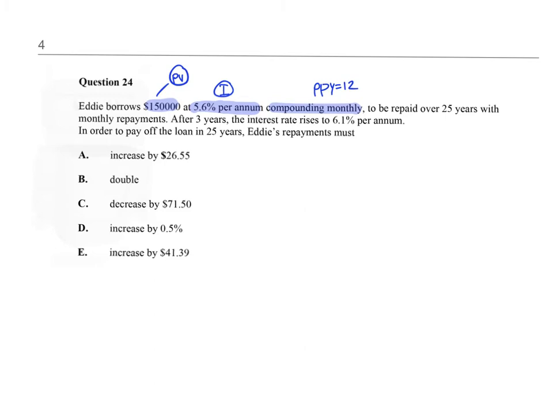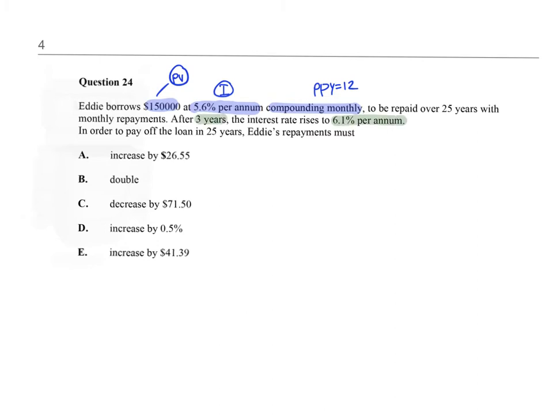To be repaid over 25 years with monthly repayments. After 3 years, the interest rate rises to 6.1% per annum. In order to pay off the loan in 25 years, Eddie's repayments must be. So first of all, this is like a change in scenario, and we need to get to the 3 years